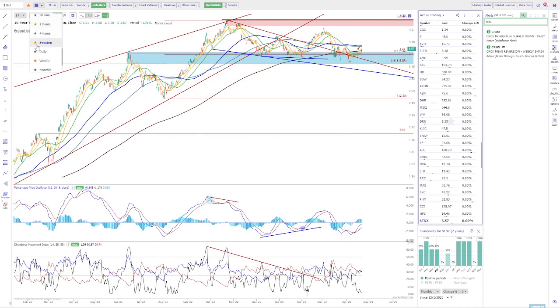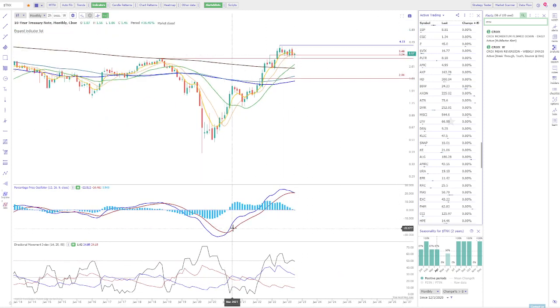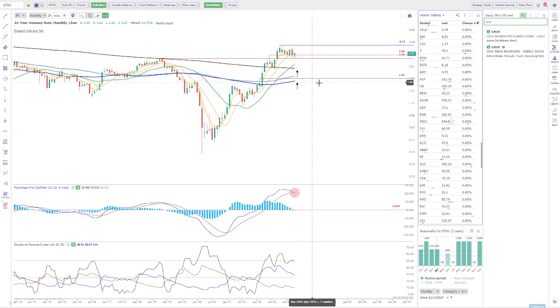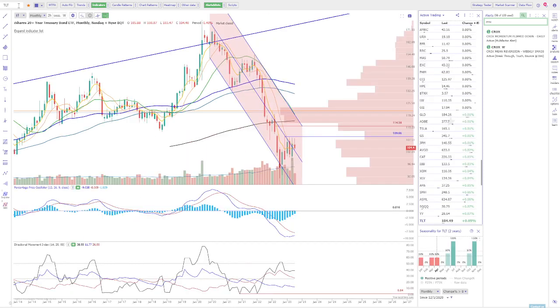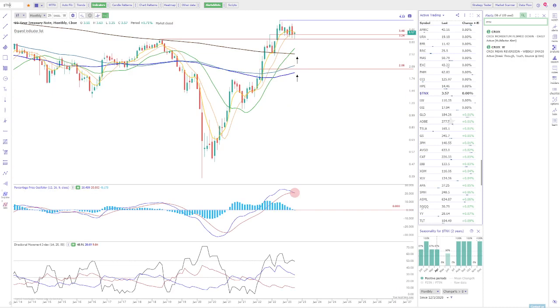Just a huge range, right? That's what we got. And the monthly, which has fueled this entire thing, is rolling over. Okay, so if rates are putting in a top and rolling over, and the histogram is getting negative for the first time since January 2021, we should be looking for lower prices, a pullback to here, a pullback to here, which means we should be looking for higher prices in bonds, because the two work inversely, but we don't have it yet. Okay, so it's just an awareness at this point, something to keep an eye on